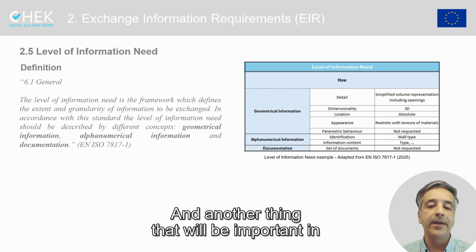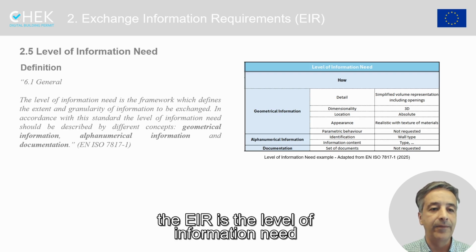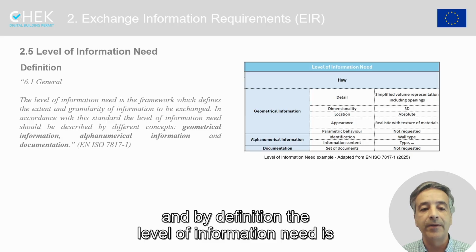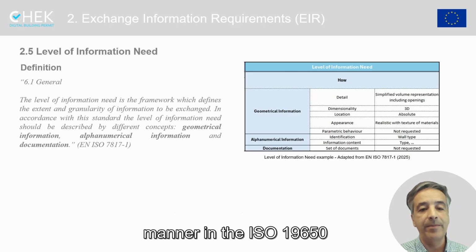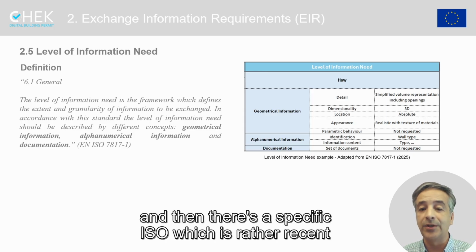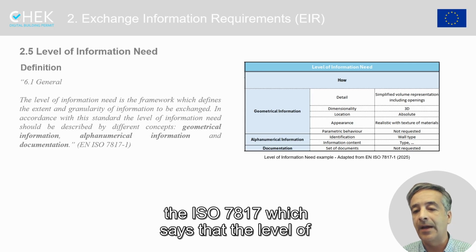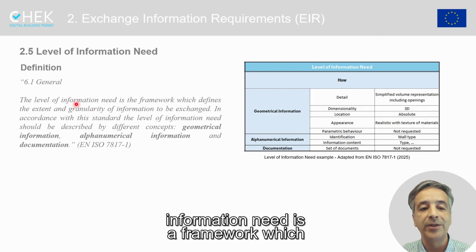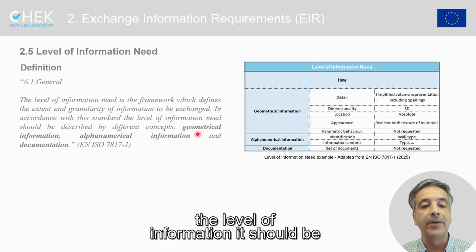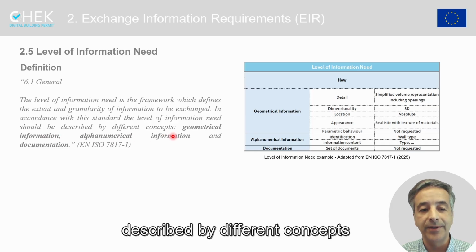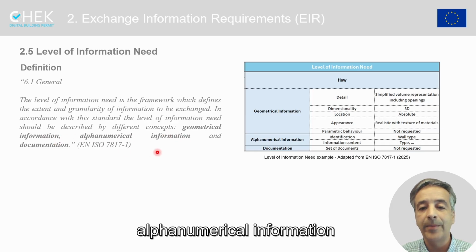Another thing that will be important in the EIR is the level of information need. By definition, the level of information need is, of course, initially defined in a very broad manner in the ISO 19650. And then there's a specific ISO, which is rather recent, the ISO 7817, which says that the level of information need is a framework which defines the extent and granularity of information to be exchanged. In accordance with this standard, the level of information need should be described by different concepts: geometrical information, alphanumerical information,